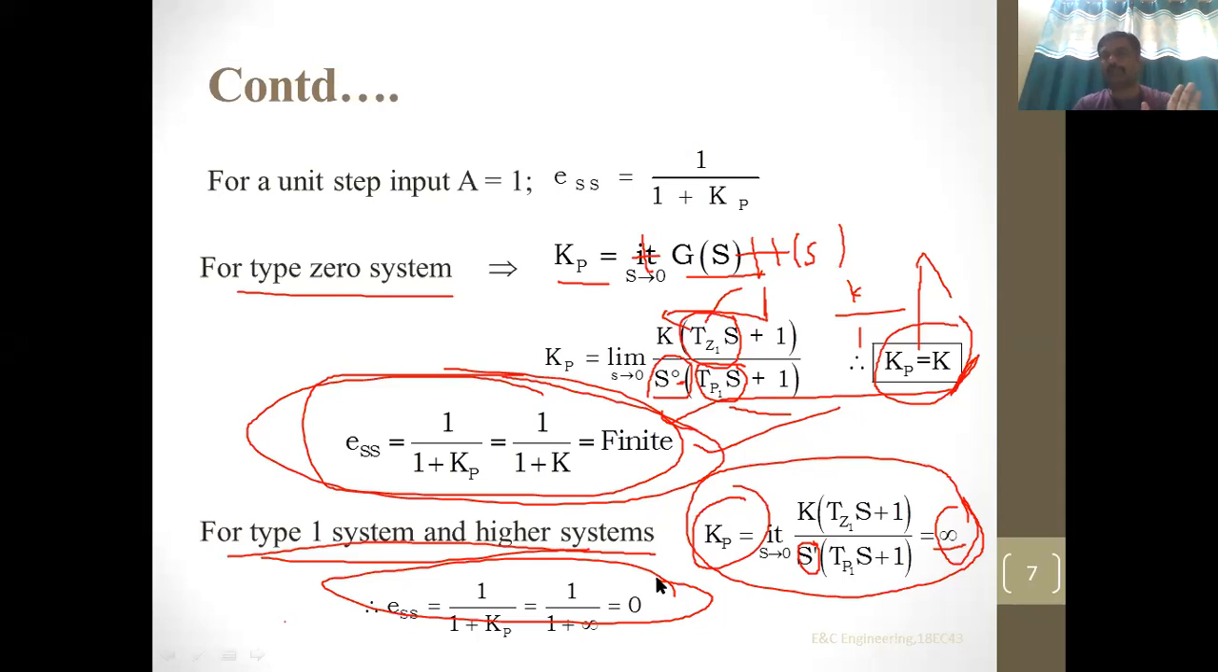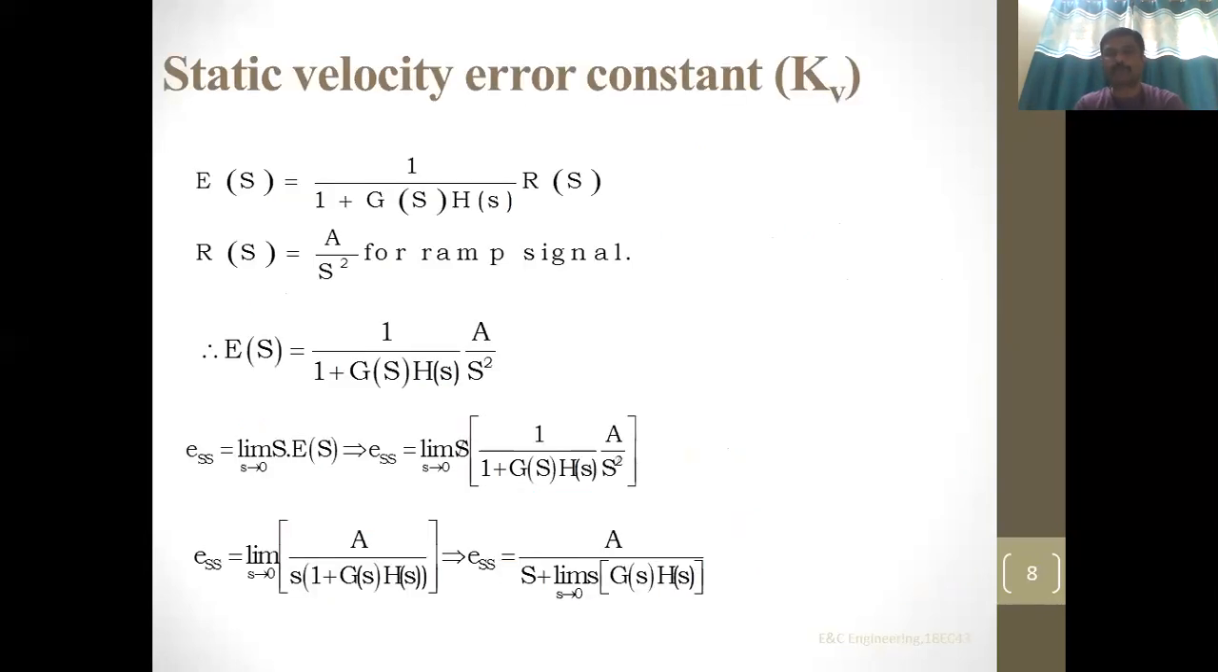Is it okay? Right? This is one set for step input via kp. Similarly, the same criteria to be carried out for kv and ka. Kv for ramp input, ka for parabolic input. Next, I shall move on to